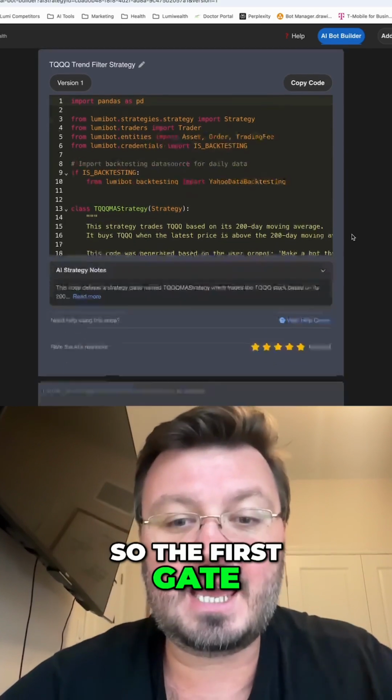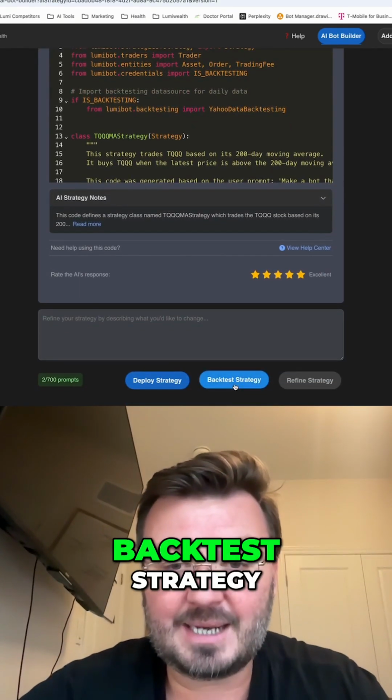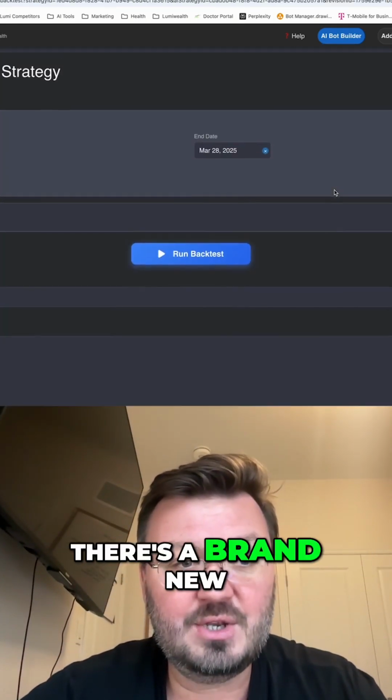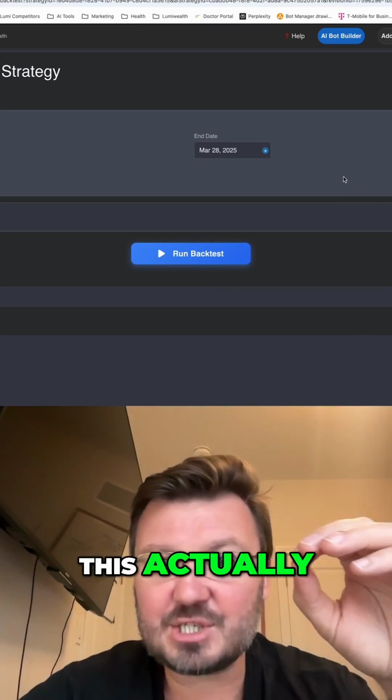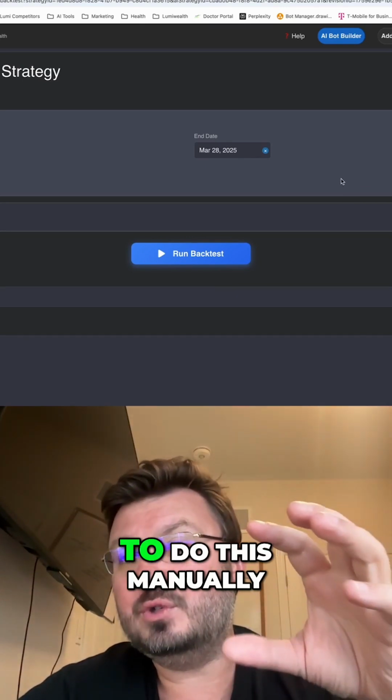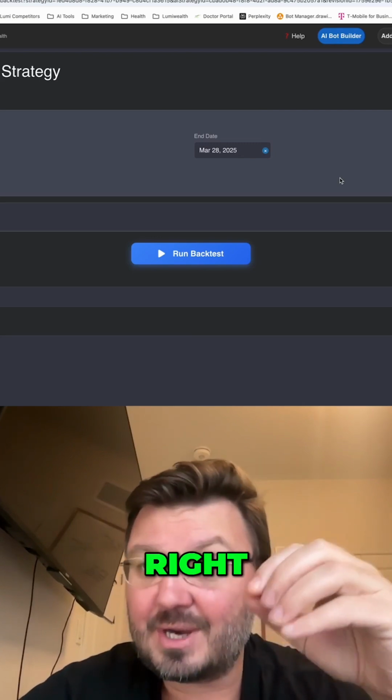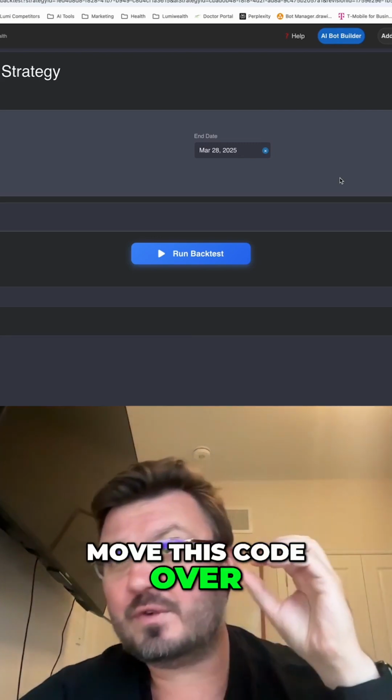Okay. So the first gate is we want to do the backtest. So let's click on backtest strategy. Again, it's a brand new interface here. This is really cool. You used to have to do this manually, right? You'd have to move this code over and run the code